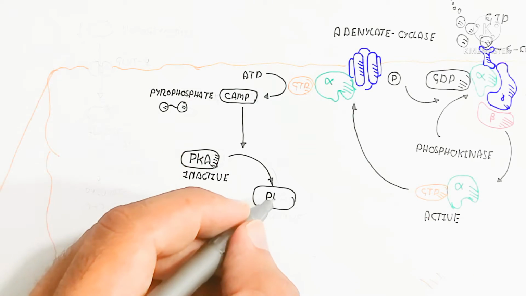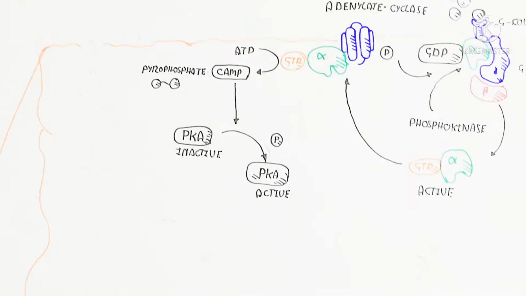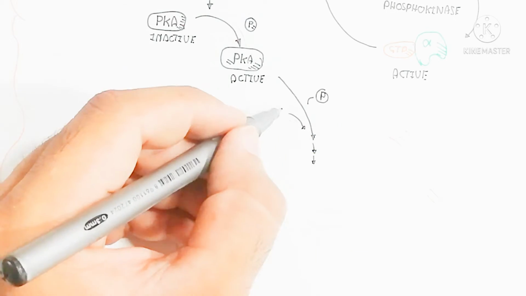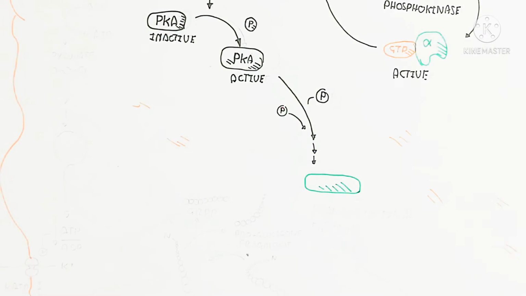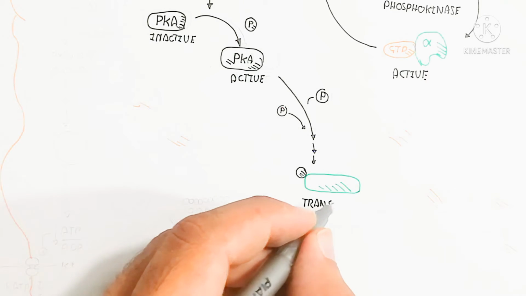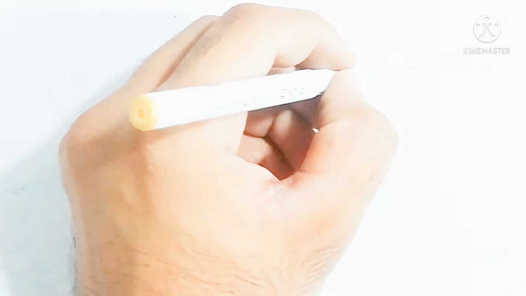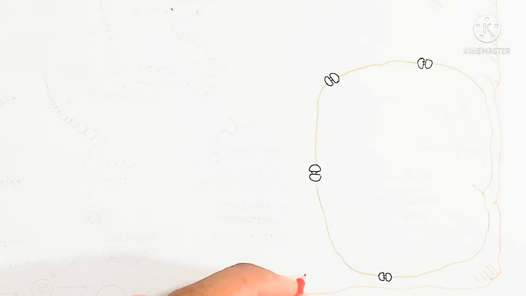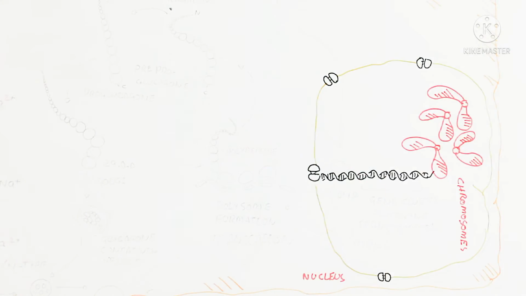inactive PKA, protein kinase A, and this protein kinase A will be activated by phosphorylation, and that cascade of phosphorylation leads to a transcription factor. This transcription factor in the cytoplasm is in the form of a protein, and this protein will be phosphorylated to a specific signal. This specific signal will go into the nucleus by a nuclear pore, and that goes by the addition of